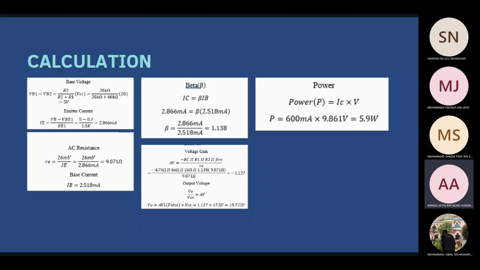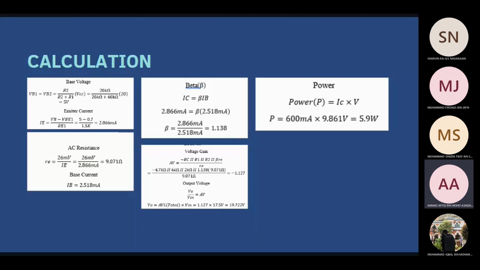For the output voltage we use the formula V out per V in equals AV. So to get V out, AV total multiplied with V in, which is 1.1727 multiplied with 17.5 volt,